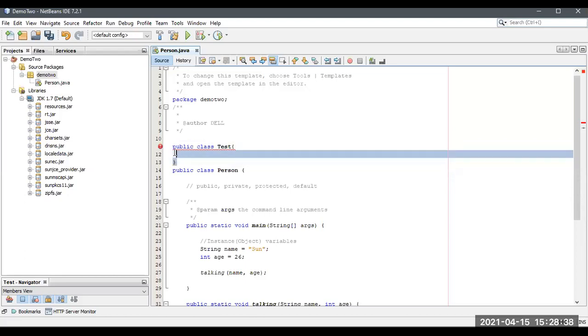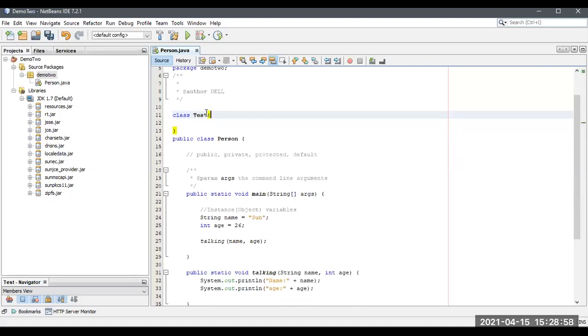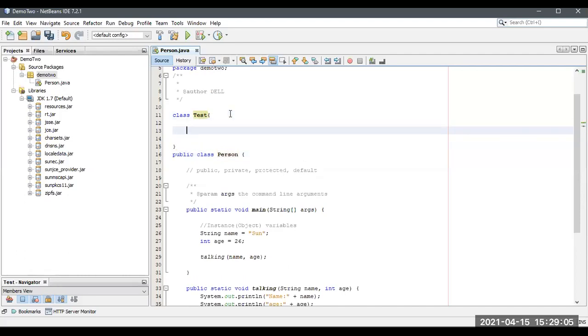Okay, it is asking to create another class. One second. If it is public, we need to create it separately because the access is somewhat different, so that's why it is not allowing. The public access modifier is not allowed for a class with a different name from the file. The class where the main method is should have the name of the file. One second, I will show you so that you will understand easily.